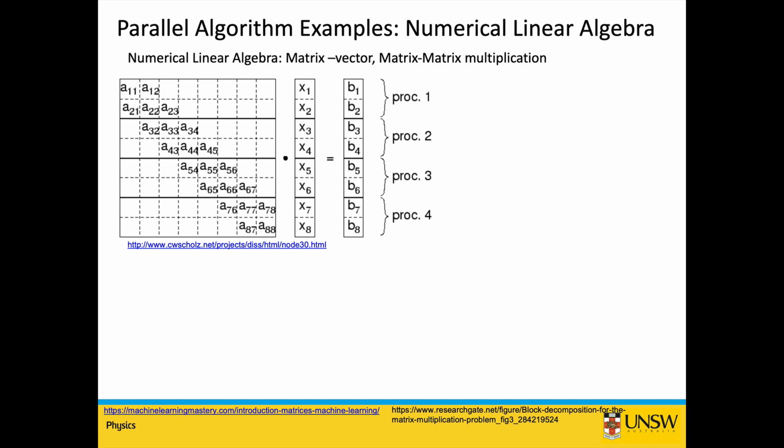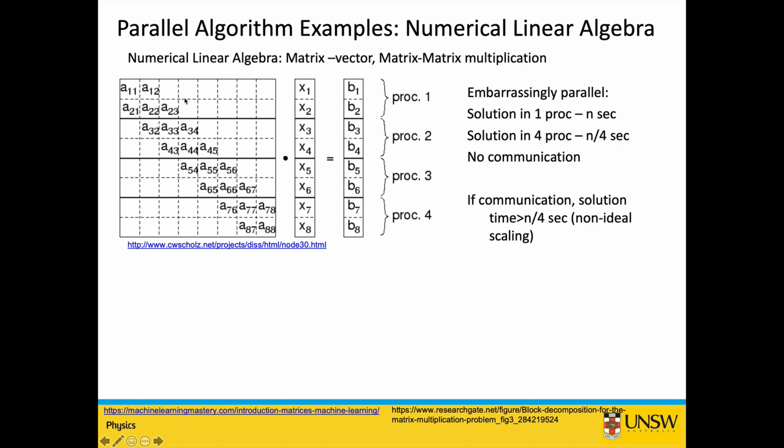Now let me briefly go through some parallel algorithm examples. One example is numerical linear algebra, as I have already discussed multiple times. So over here I show a matrix vector multiplication on 4 processors, right? So I have this matrix. How do I divide this among 4 processors so that the multiplication is much faster than if it were done on one processor? And one strategy is to divide the matrix by row. The matrix has 8 rows in this case. So I give each processor two of the rows, and so on.